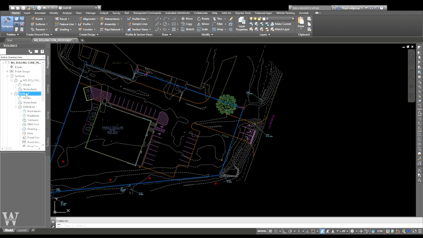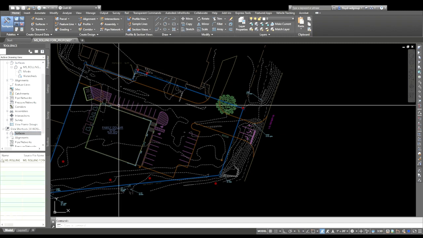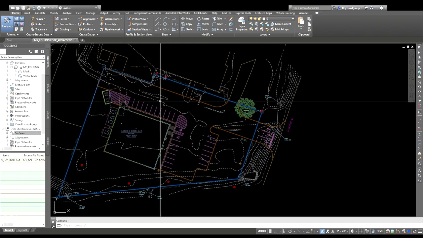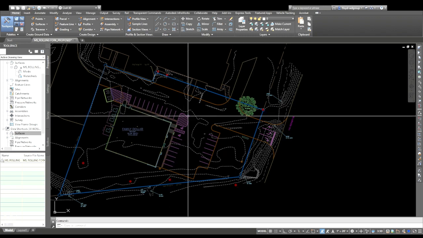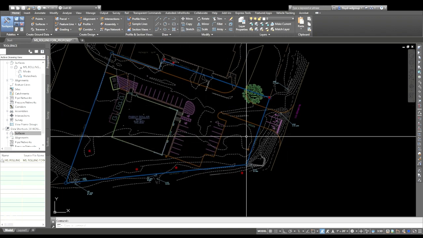What the shortcut does is just like an XREF. I'm going to delete this dummy surface. Just like an XREF, if that surface gets updated, when you open this drawing up, it'll update the surface. So because that was that way, I need to go back and annotate some of my contours so I can